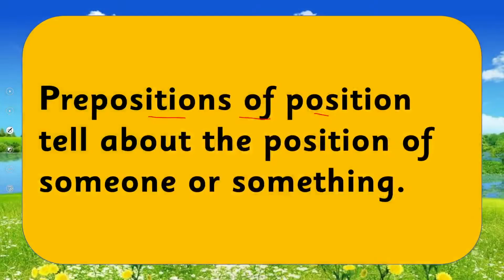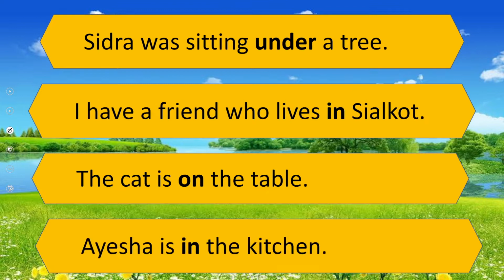So see that its types. Preposition of position tells about the position of someone or something. So preposition of position will tell us about the position of someone or something. Something can be a noun and someone is also a noun. So see there,